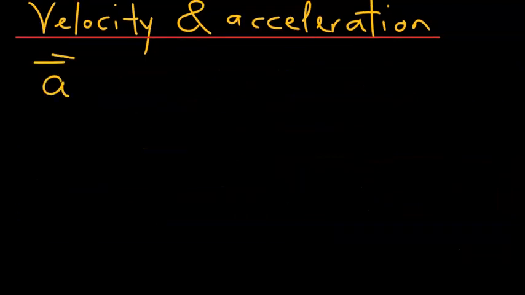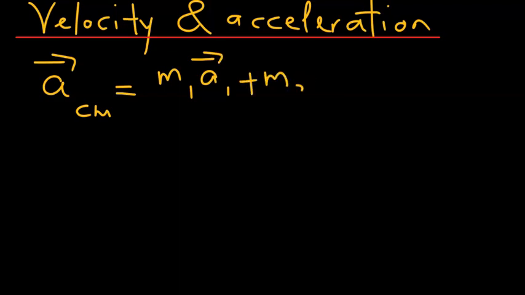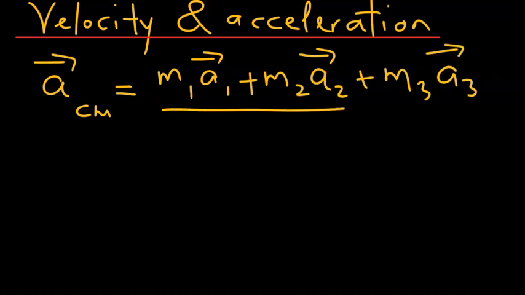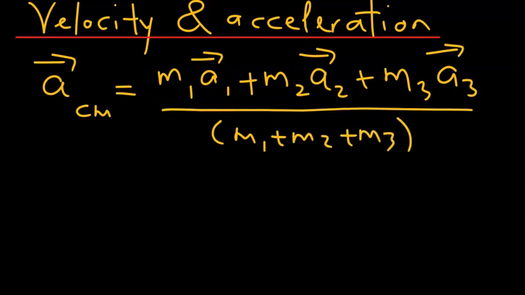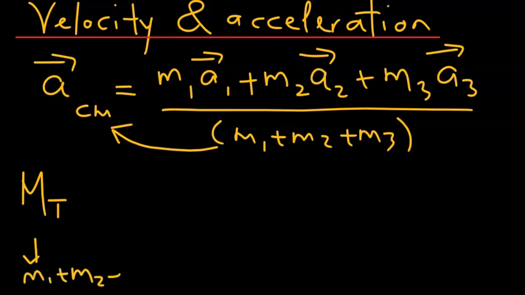Likewise, the acceleration of the center of mass can be written in a vector form as well. m1 times the acceleration of m1 plus m2 times the acceleration vector of mass 2 plus m3 times the acceleration vector of mass 3 over the sum of m1 plus m2 plus m3. Now, if we transfer this term to the left, you get the total mass. By total mass, we mean the sum of the masses, m1 plus m2 plus m3, times the acceleration of the center of mass is quite simply